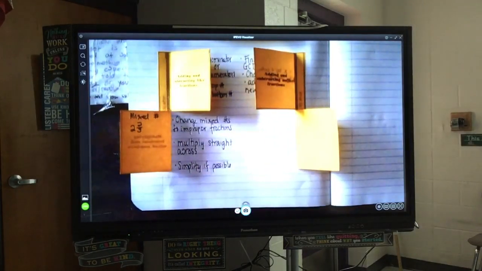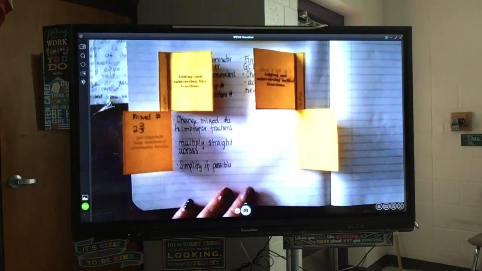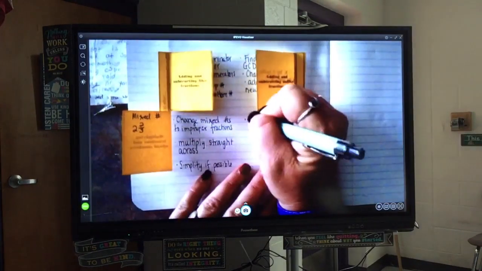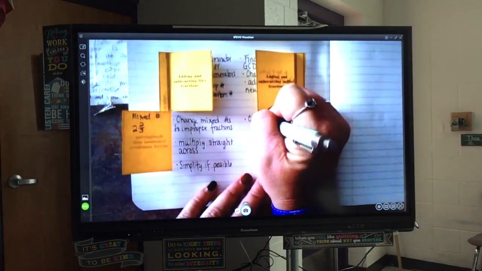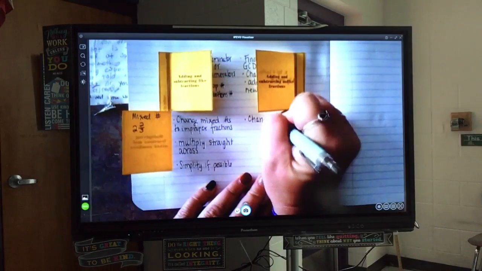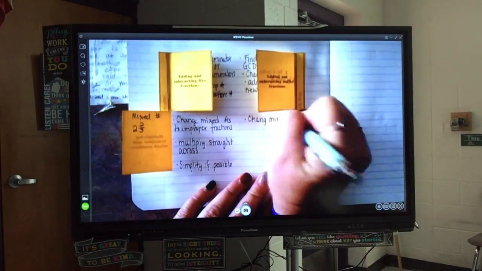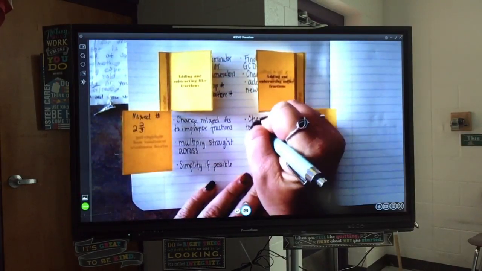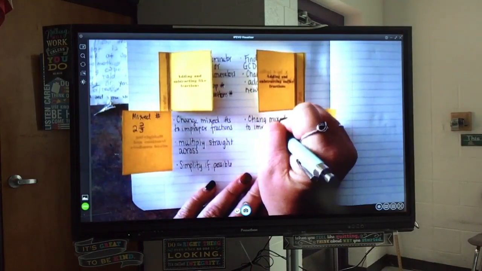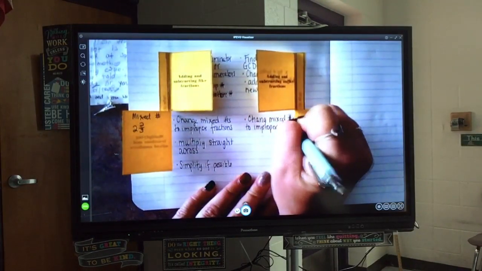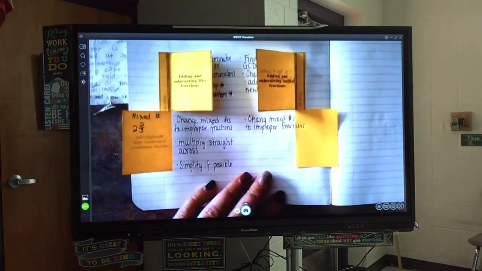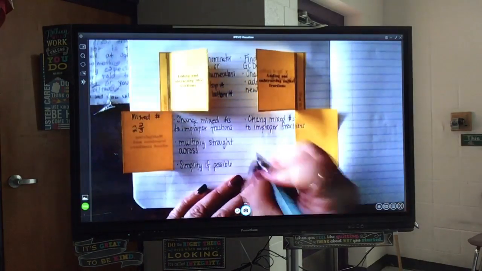So when you divide fractions, same as multiplying, you have to change mixed numbers to improper fractions. Then you do